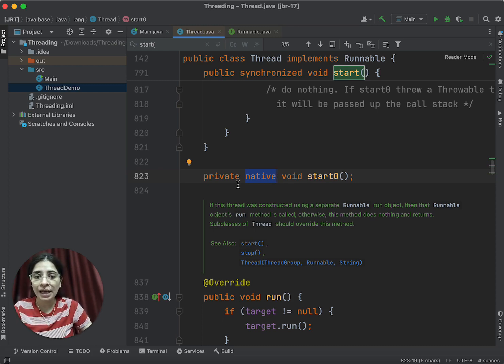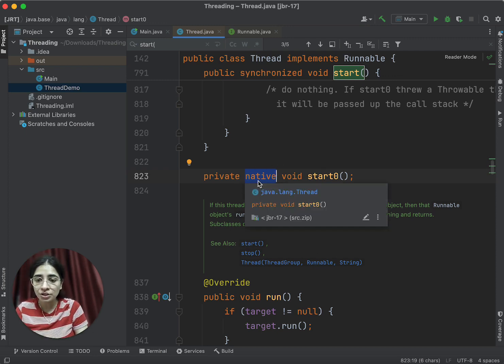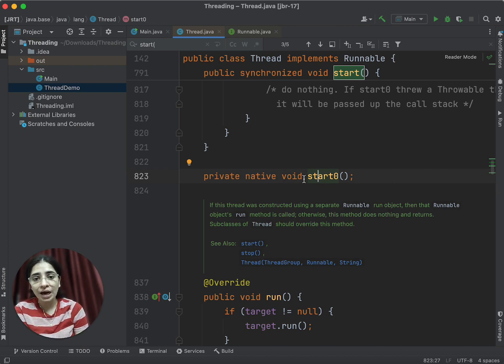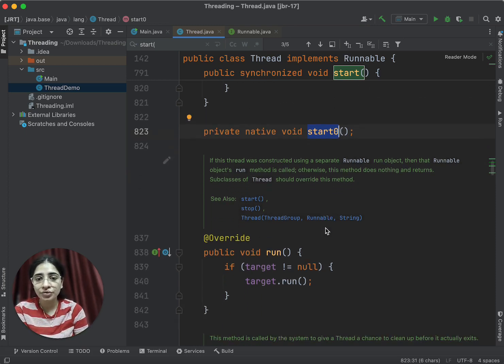Let's say your machine has only limited resources and you're not able to create a thread, then JVM alone cannot create the thread, right? This native keyword represents that JVM has to get connected to the operating system in order to start the thread. You can create an object of thread by creating the object of thread class, but after that JVM will be going to the operating system to check whether we can start this thread or not. This start method implementation is not there. JVM starts it after the communication with the machine, and then the machine calls this run method.